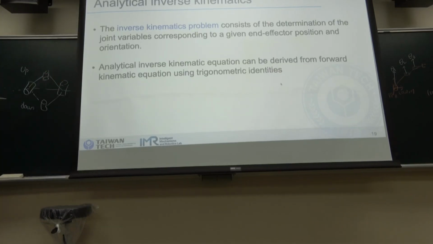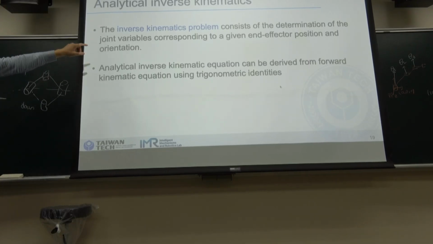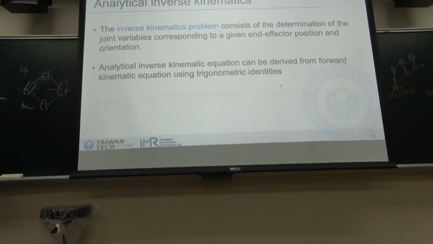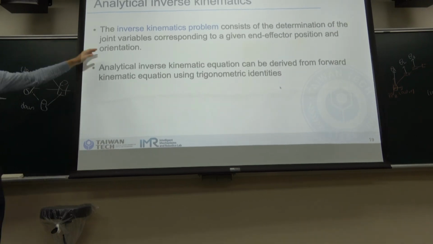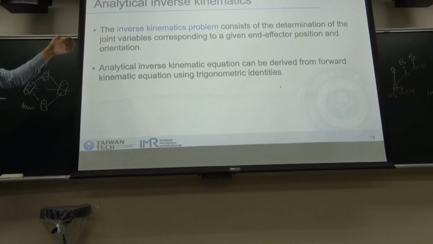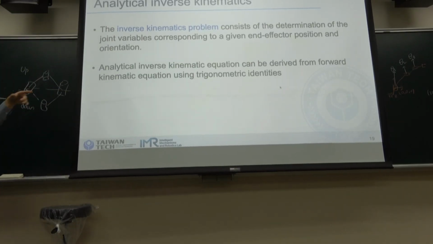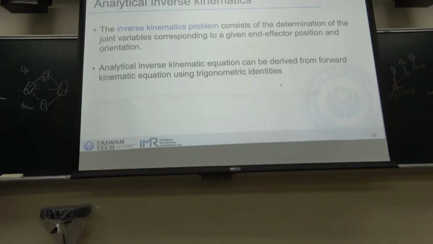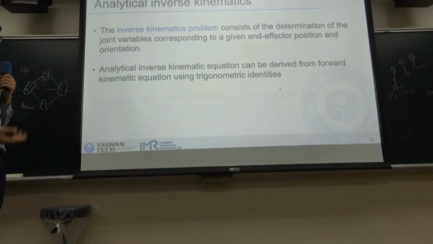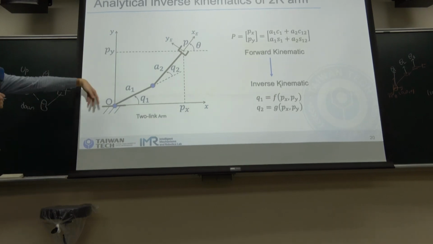So for the analytical inverse kinematics, the inverse kinematics problem consists of the determination of the joint variables corresponding to a given end effector position and orientation. That means in this kind of problem, we give you the position and the orientation of the end effector, and you need to find the joint variables. The analytical inverse kinematics equations can be derived from the forward kinematics equations using trigonometric identities. So we'll teach you how to derive the inverse kinematics solutions. If you recall from last week,